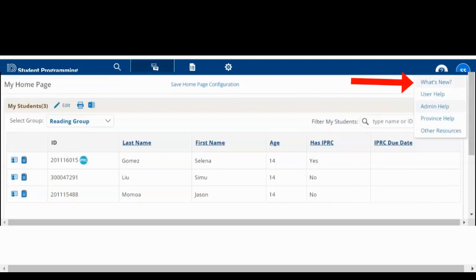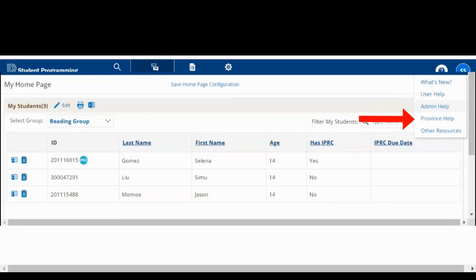What's New lists new features released with each version of student programming. User Help provides you with documentation on student programming and where to find specific topics, and includes screenshots to assist you with step-by-step instructions. Admin Help are step-by-step directions for people that actually run this system.